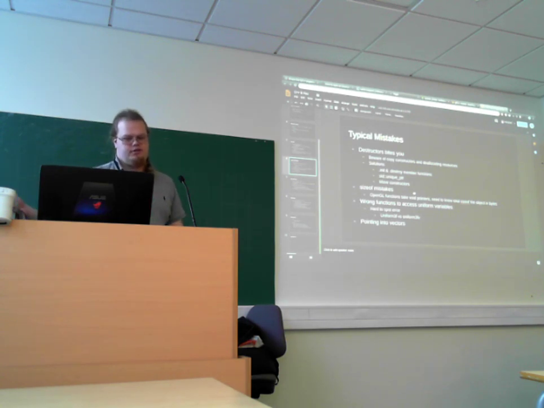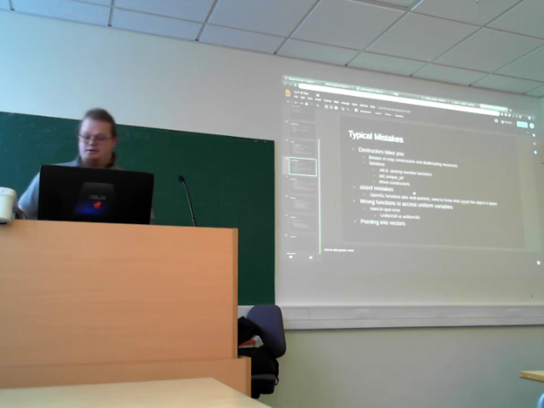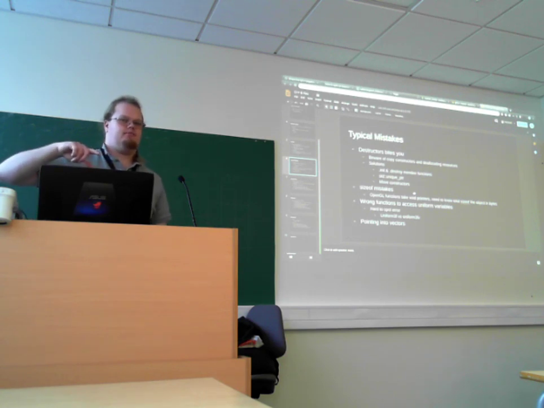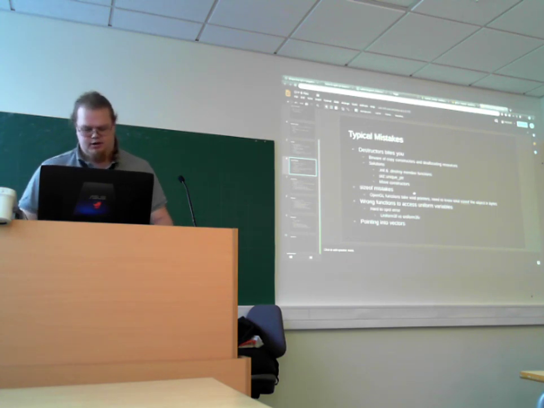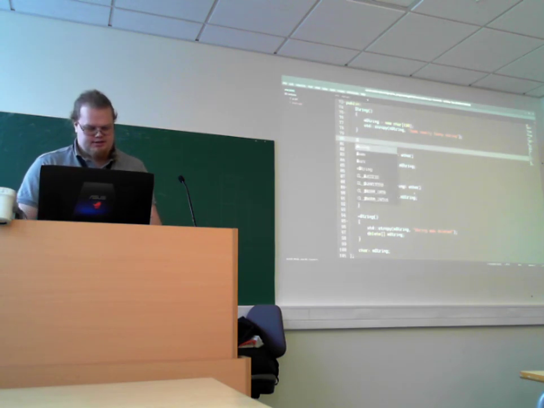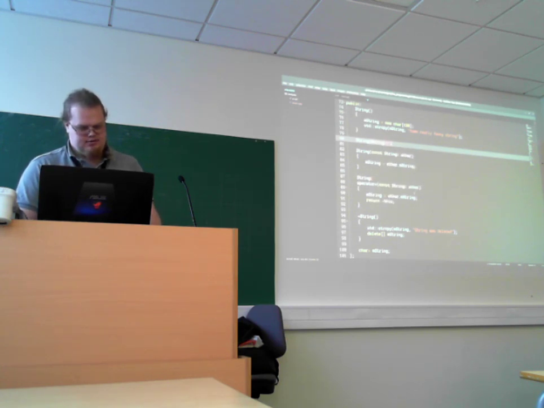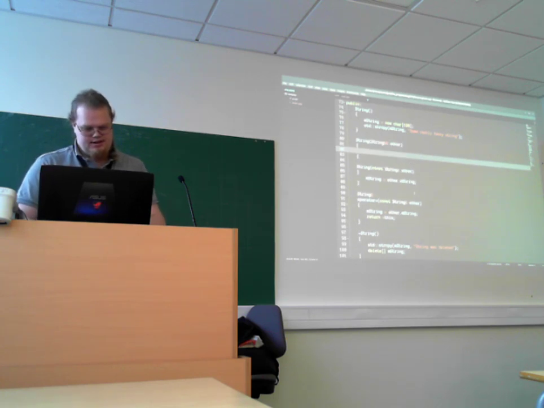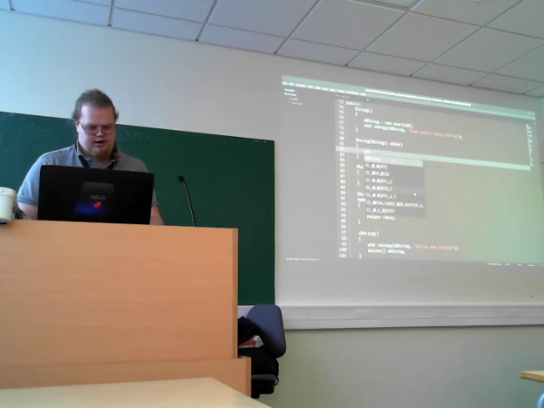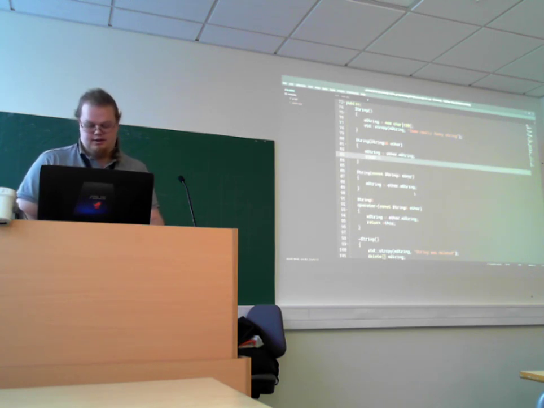Or you can do something called move constructors, which I won't show, but it's essentially a way to say that you can't take a copy of something. Or I might as well just show it. A move constructor is essentially that instead of taking a constant reference to the other string, we take a double ref, and then we say that our string is equal to the other string, and then the other string is equal to no pointer.